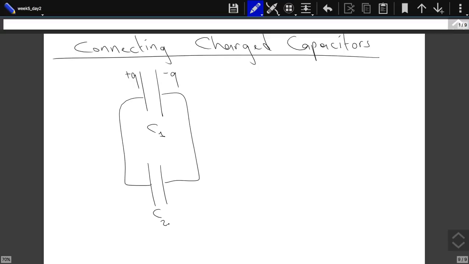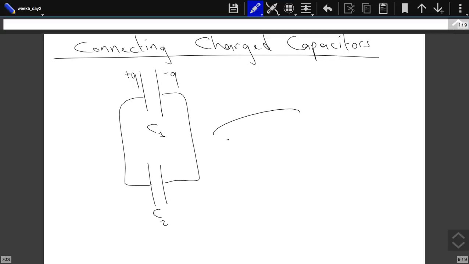Now, of course, some of the charges will just distribute themselves. You see, in a conductor, when we reach electrostatics, we said that the potential is the same at every point on a conductor. So when we reach electrostatics in this configuration, the potential difference between these 2 points should be equal to the potential difference between these 2 points. But initially, at the moment that we make this connection, there is no potential difference across here because the charge is 0, but there is a potential difference across these 2 points. So this is not an electrostatic system at this instant. But of course, if you wait long enough,